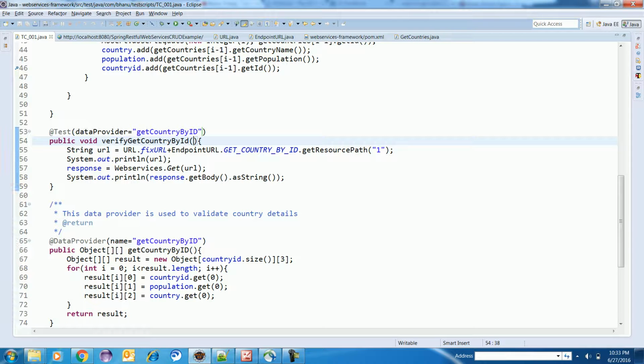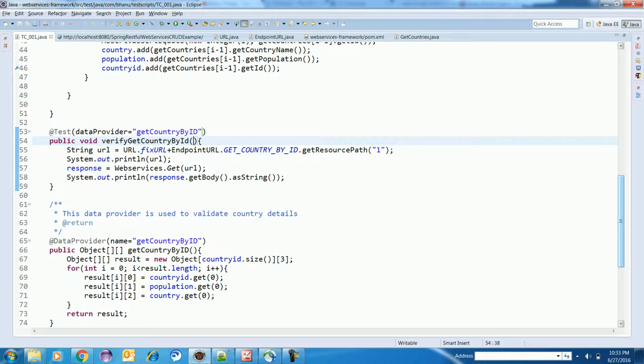So if you look at here, what I can do is make this a string. Actually I can supply a country ID as a string, but the problem is I have country ID as an object.